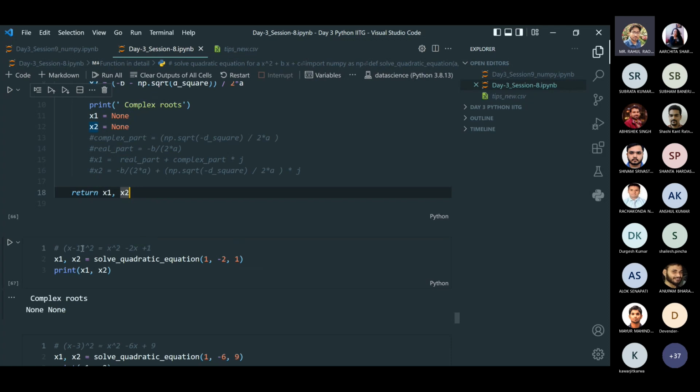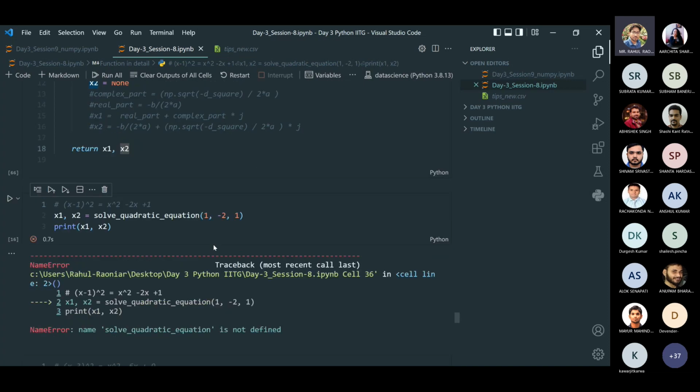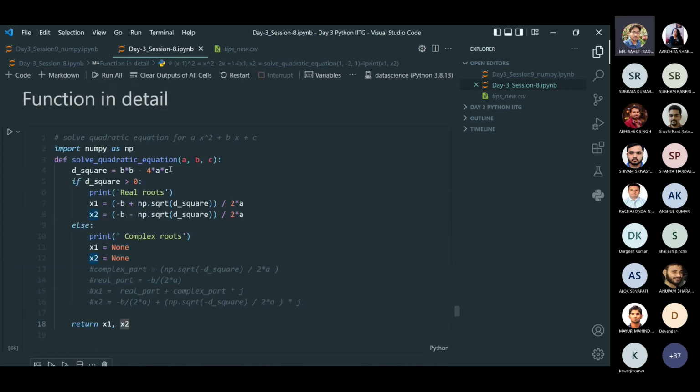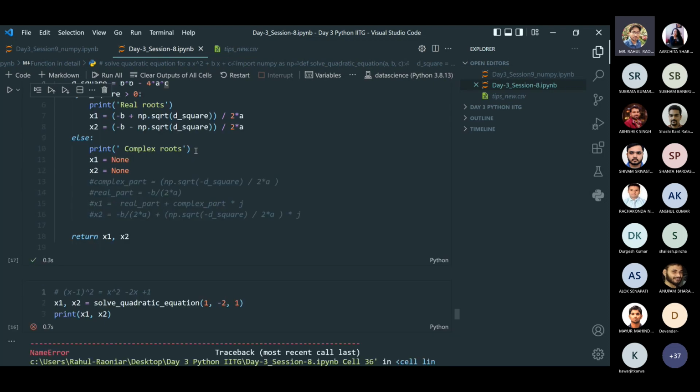So for the equation x minus 1 whole square, we will get x square minus 2x plus 1. So the coefficients will be 1, minus 2, 1. I want to solve the quadratic equation for which the coefficients are 1, minus 2, 1, and when we run this we get solve quadratic. Okay, I have not run these things. So first I need to run this syntax, then